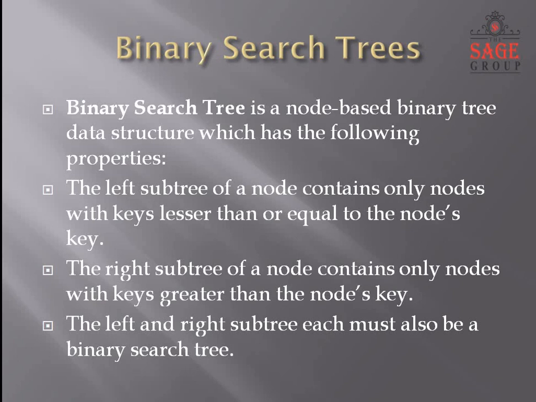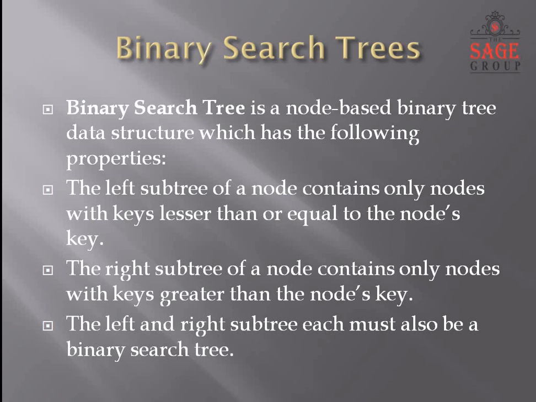The last topic that we are going to discuss today is binary search trees. Binary search trees are a type of binary tree, that means every node is going to have at most two children. The only property that a binary search tree follows is that at a node, the left child is always going to have a value which is smaller than or equal to the node's key, and the right child will always have a value greater than or equal to the parent node.